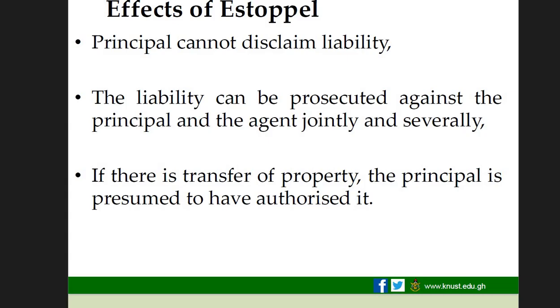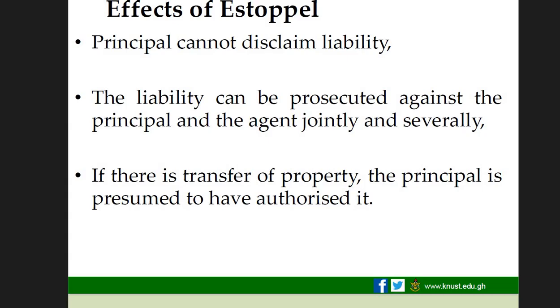The second one is that liability can be pursued against the principal and the agent jointly and severally. So the third party can sue both the agent and the principal together. And the third one is that if there is a transfer of property, the principal is presumed to have authorized it. Suppose the agent is going to sell a house, even without the principal's consent, because he presented a written document and disclosed that he is acting on the part of the principal,